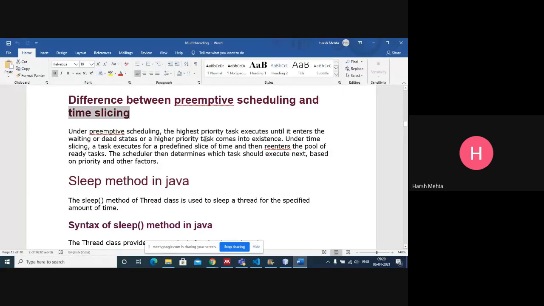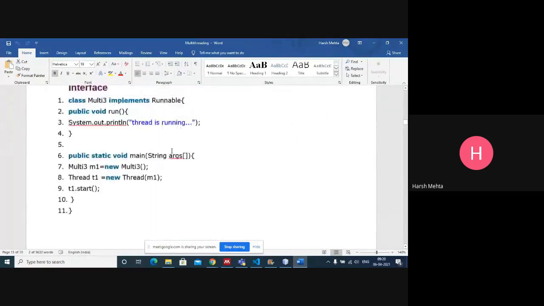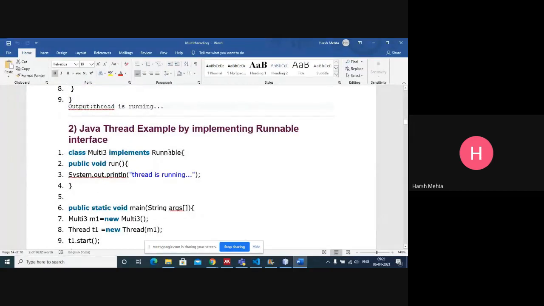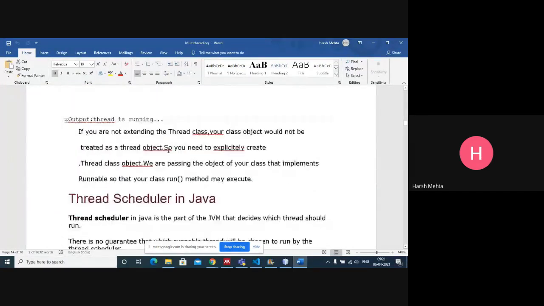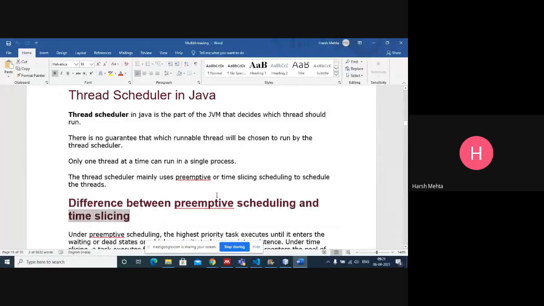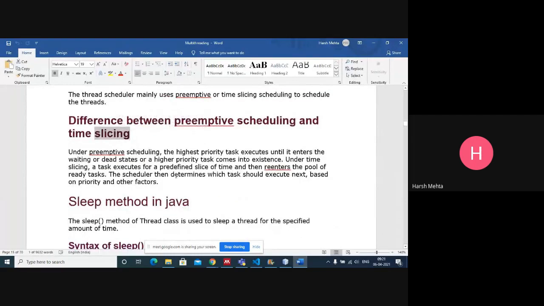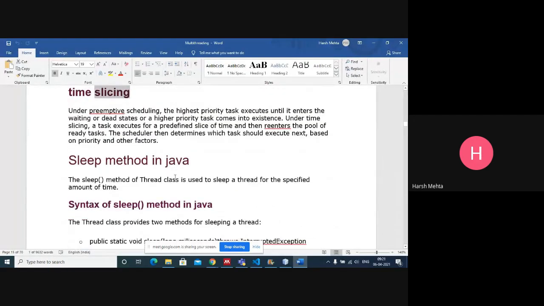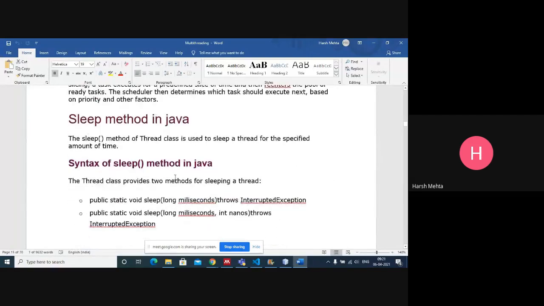I think you are studying operating systems, so you know preemptive scheduler and time slicing. So mostly by default, for executing multi-threading, we have the preemptive scheduler. Based on priority it will execute, but we can also put time over here. Okay,